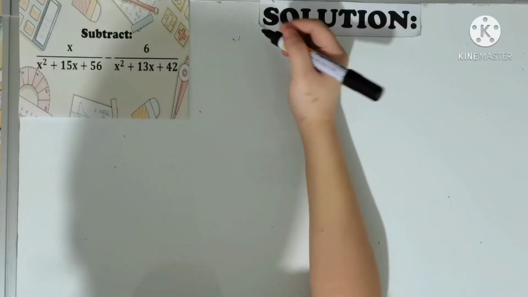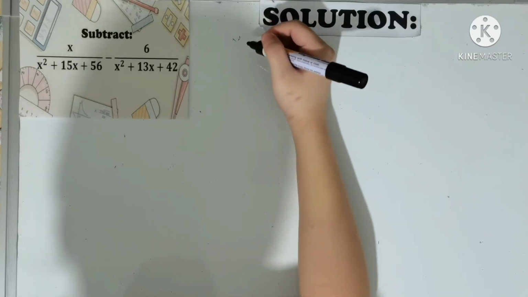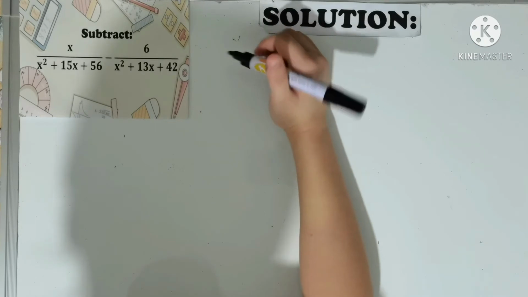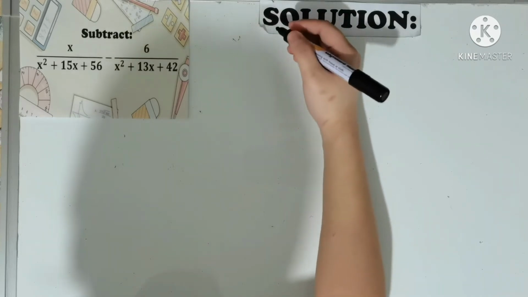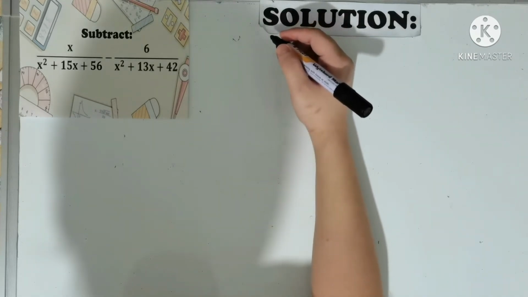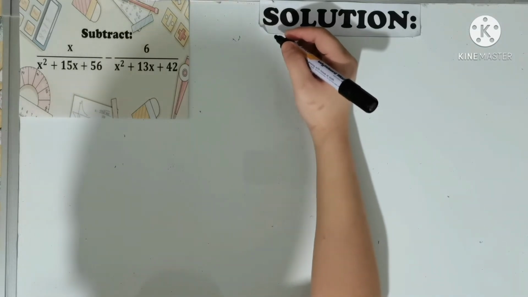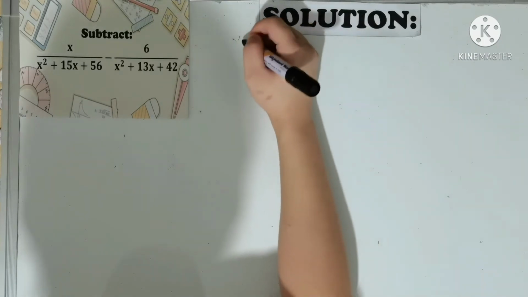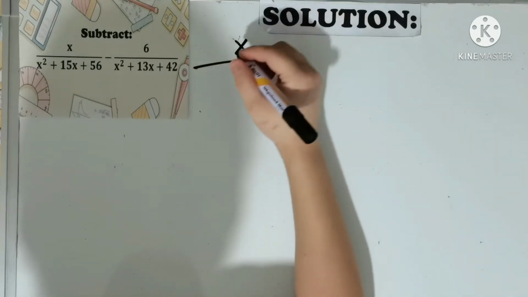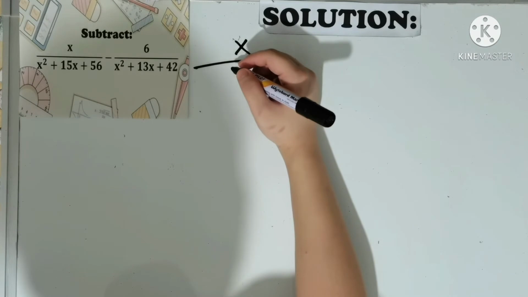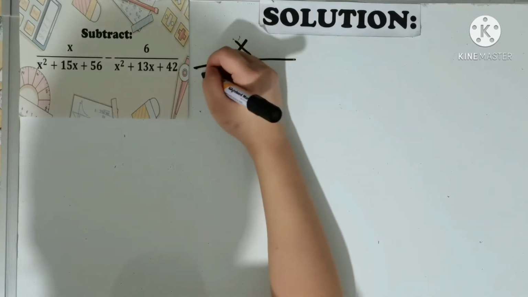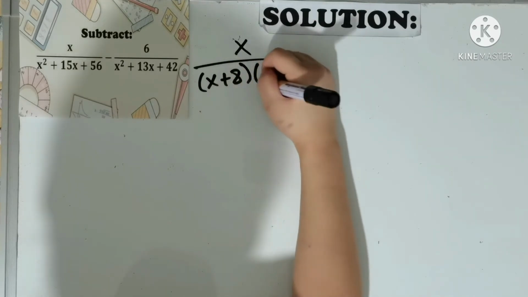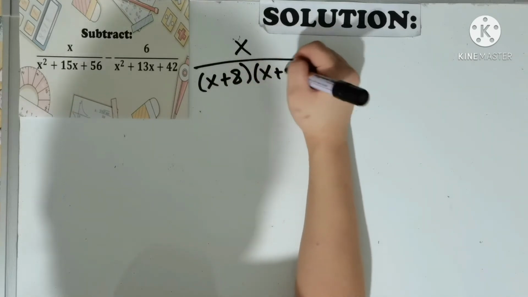Example number 2. x over x squared plus 15x plus 56 minus 6 over x squared plus 13x plus 42. Step 1 is to factor the denominators to find the LCD. x over the factors of x squared plus 15x plus 56, which is the quantity x plus 8 multiplied by the quantity x plus 7,